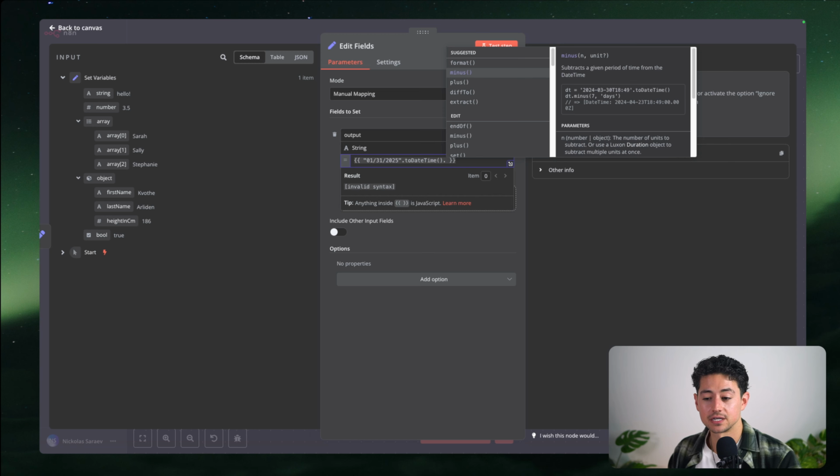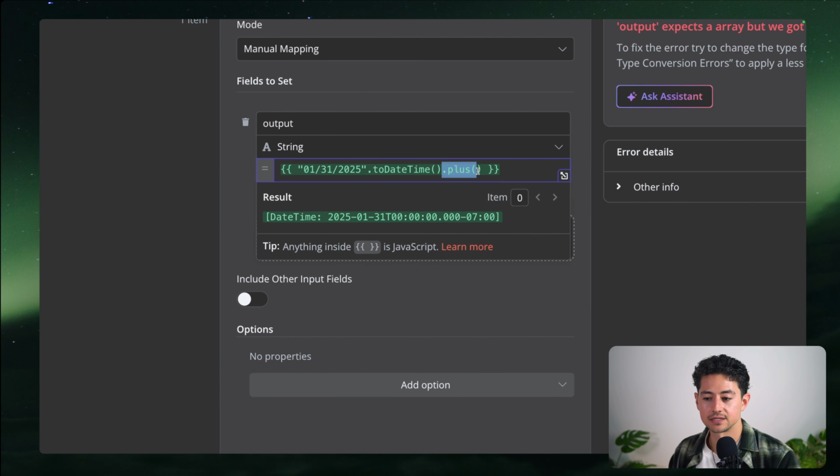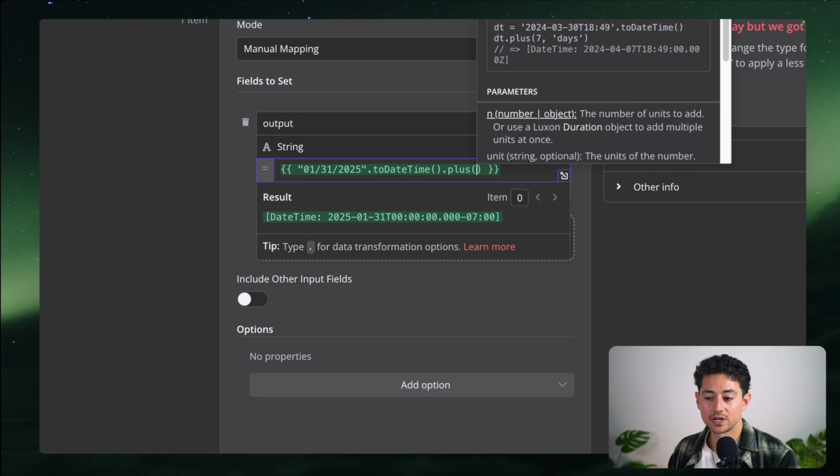Minus just subtracts a given amount of time from a date, and it allows you to designate things using, well, not natural language, but like days, hours, weeks, that sort of thing. And then plus adds. Let me show you what this looks like. So you know how right now this is like 0000. Basically there's not even a single second to the day. Well, what if I wanted to add